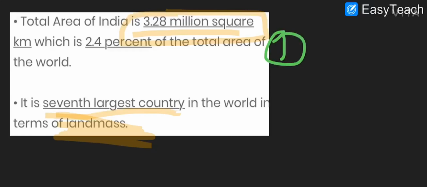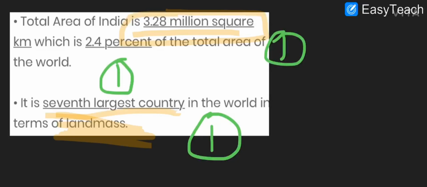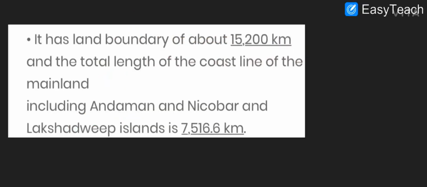Again, 1 markers. 1 mark here, 1 mark here, and 1 mark here. 2.4% of the total area of the world. Right? 3.28 million square kilometers, the first point. The second is 2.4% of the total area of the world. The third is 7th largest country in the world in terms of landmass. Remember all this. It has land boundary of about